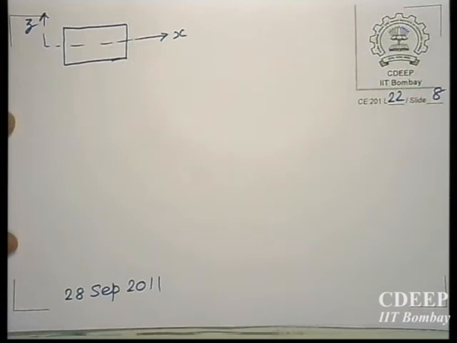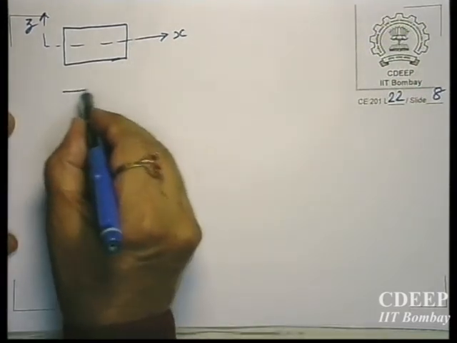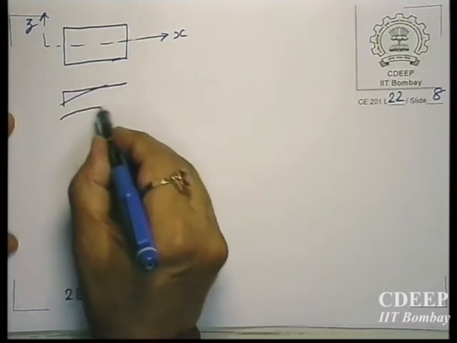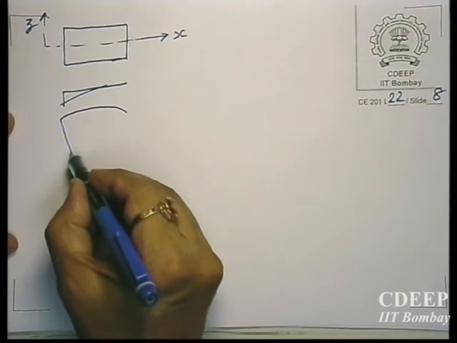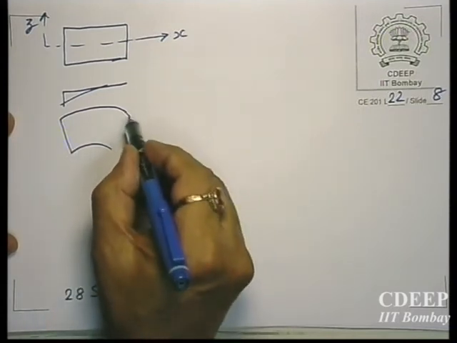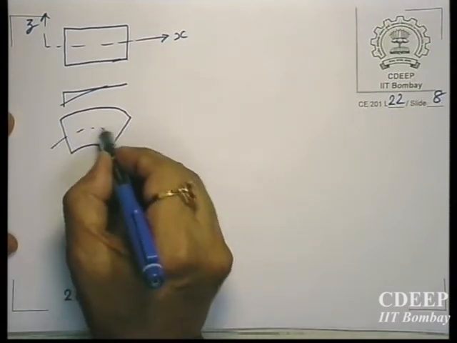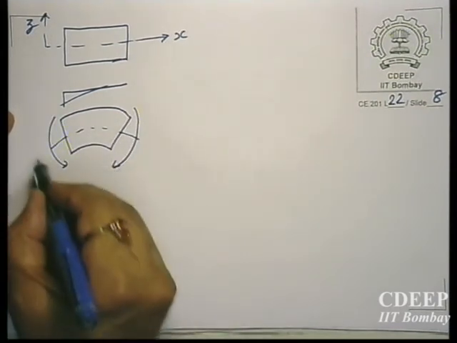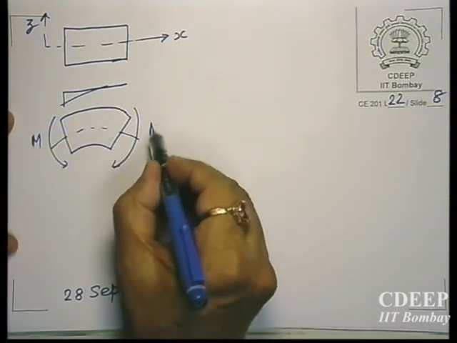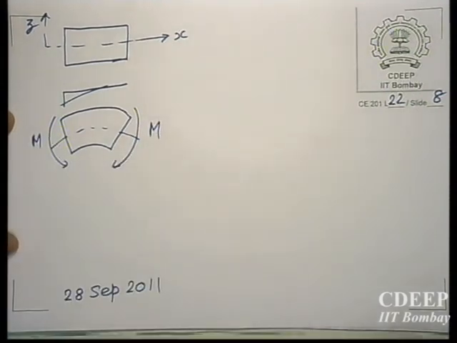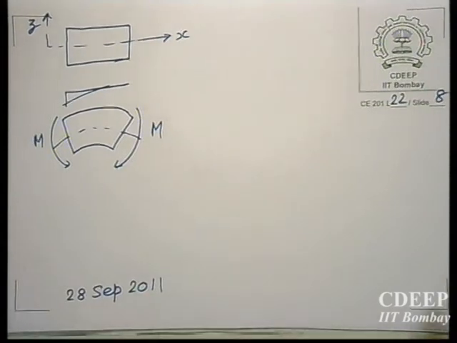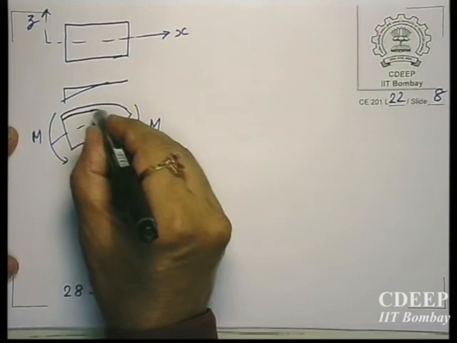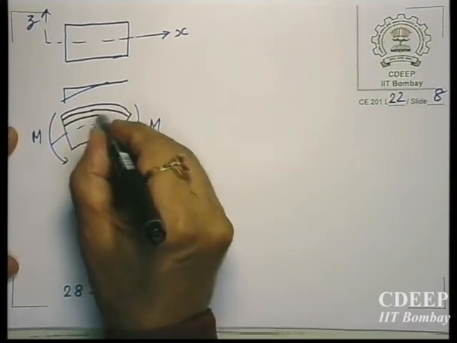When it is subjected to pure bending moment, then obviously its shape and size changes and it becomes something like this. So this is the moment, and here you must note that there are some longitudinal fibers. We call this a longitudinal fiber in the length direction. These fibers which are there,